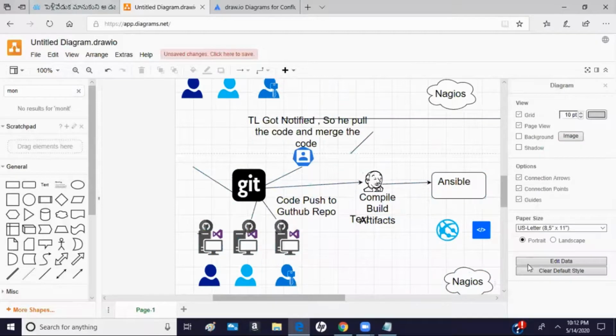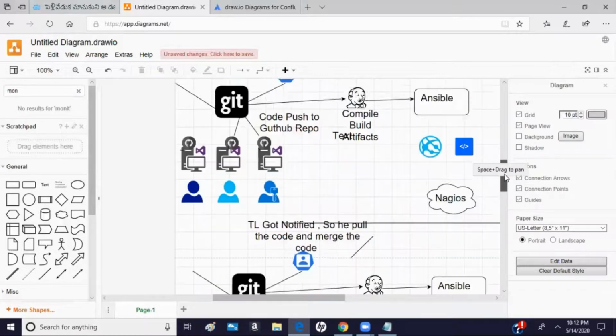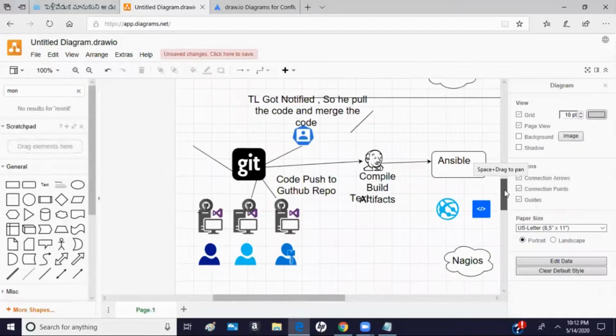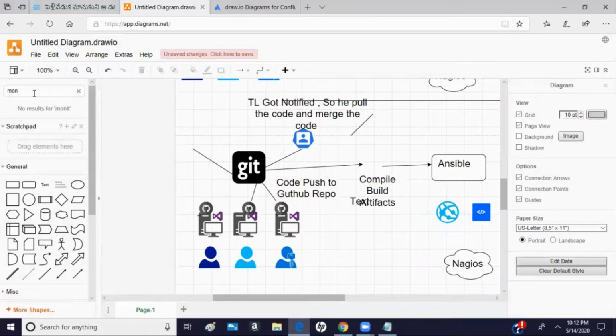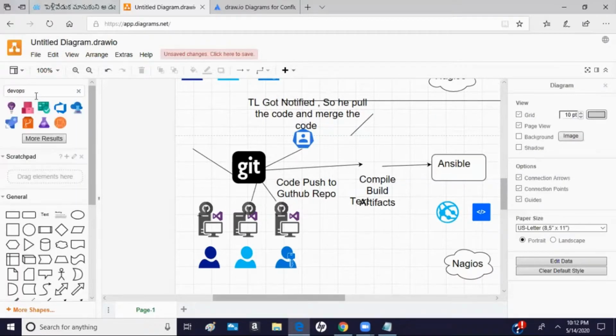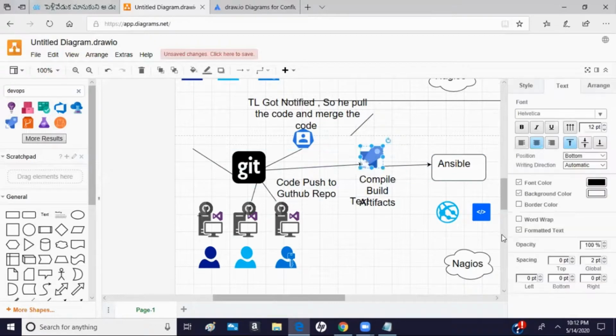Good. Now I have copied the whole environment. So what I am going to do now, I leave everything as it is. Only I am going to take out this Jenkins. Instead of Jenkins, I am going to use the pipeline for Azure. So I am just typing DevOps. Now you see that the whole Azure Boards has become available to us. This is your Azure Pipeline. I just replace Jenkins with Azure Pipeline.